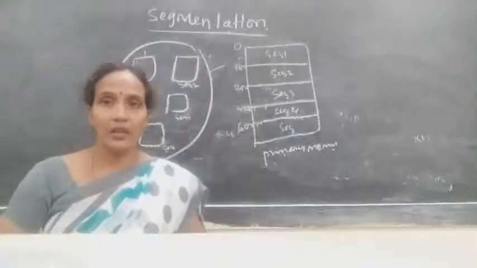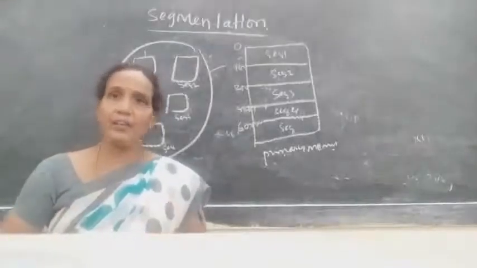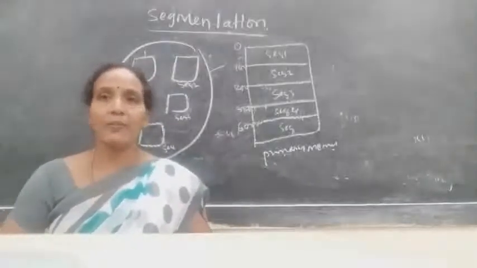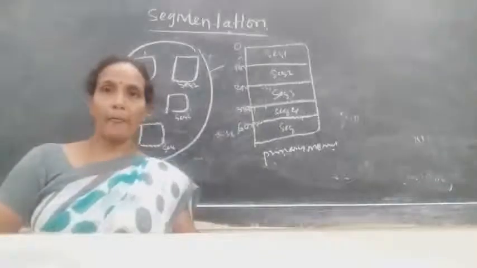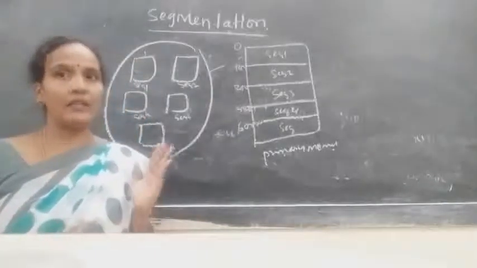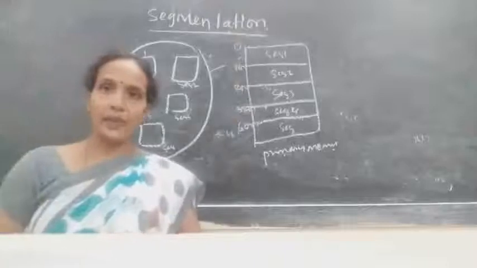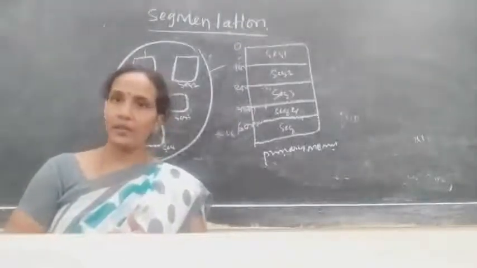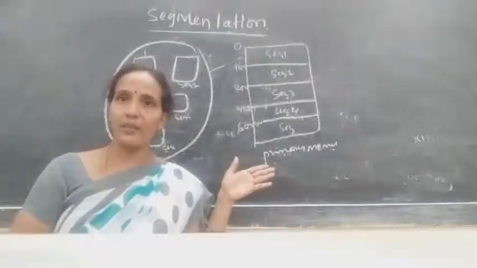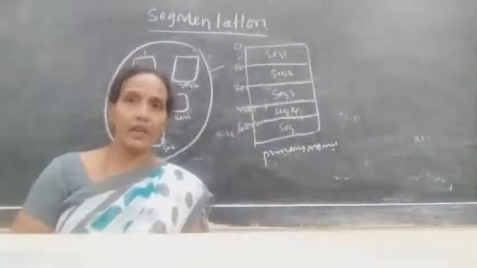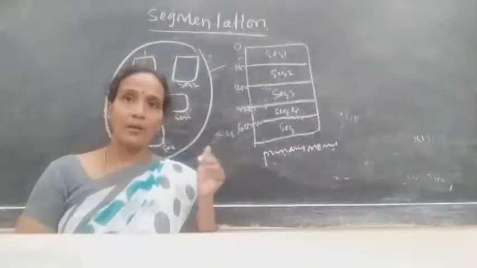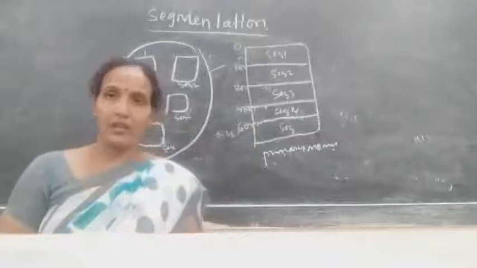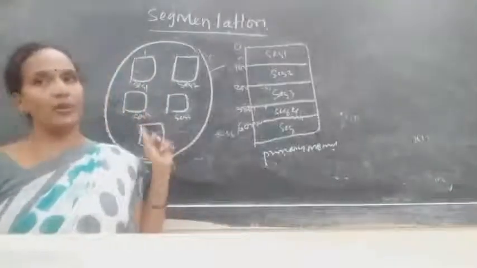Then what happened? The 40 bytes of memory is wasted. If there is fixed paging, because in paging there are parts only, but each and every part is of fixed size. Okay, but coming to segmentation, we have parts, but the parts are not of the same size. Understood? So here we don't have internal fragmentation. Why don't we have internal fragmentation? Because modules are based on the size.